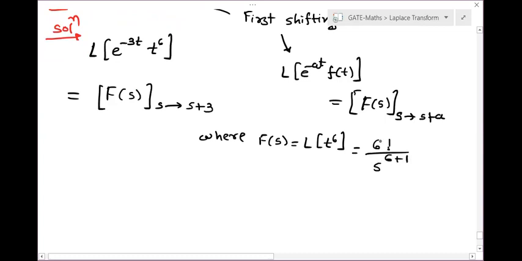Now 6 factorial will give you 720. If you don't remember this, no issue, you can find it from calculator. But for GATE, you have to use a virtual calculator separately. Okay. Because